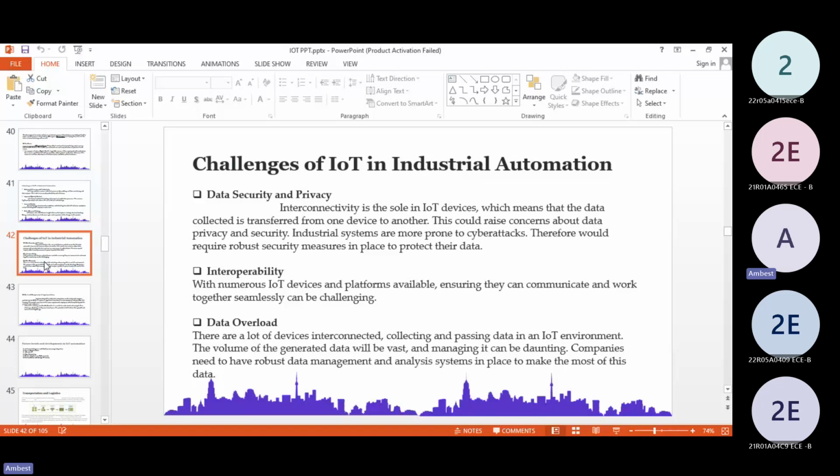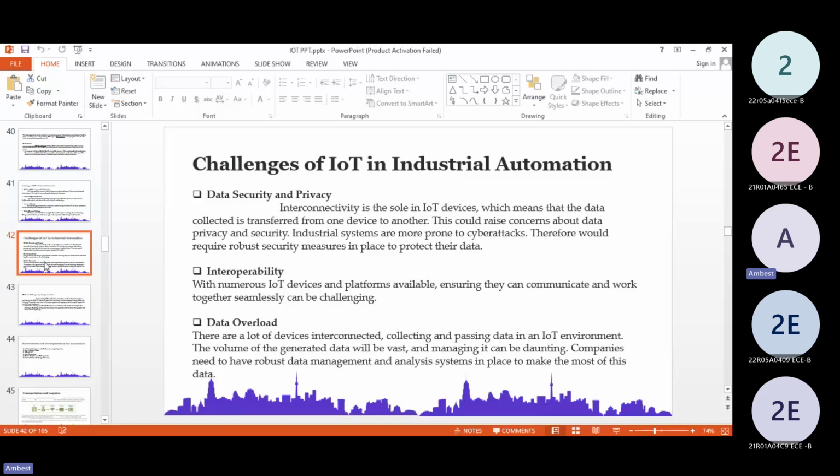Data security and privacy is nothing but the transmission of data between two devices. Whatever data is transmitted between these two devices can have some privacy and security issues.